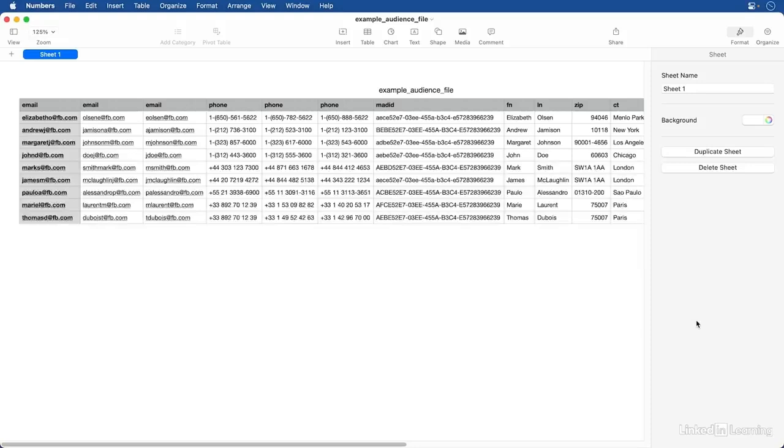This is what it looks like, and I have it saved to my desktop. So we can see that we have some identifying information in here, such as email addresses and phone numbers. This will help Facebook match the user on our list with that user's Facebook profile. So let's take a look at how we can upload this list as a custom audience to use during a